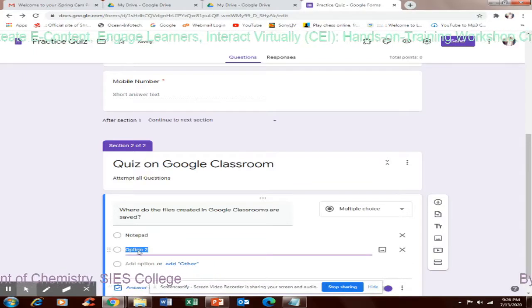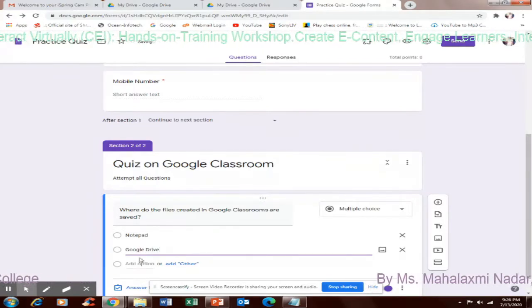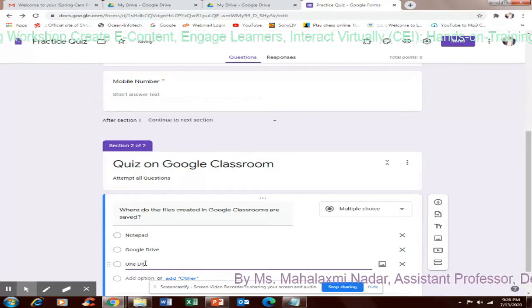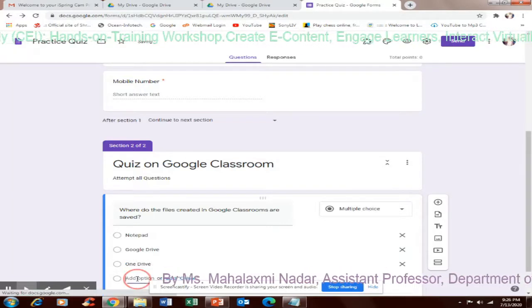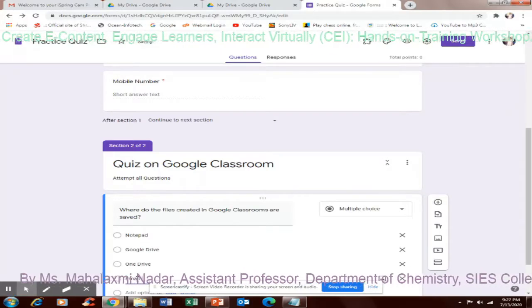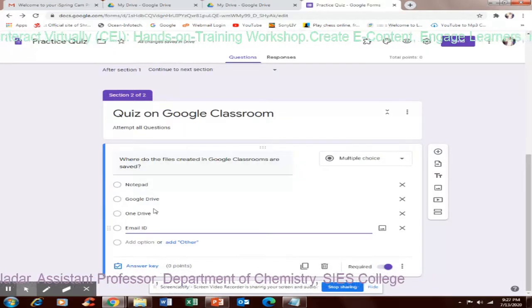Another choice, Google Drive. Then another option, OneDrive. Okay, in your email ID. Okay, so these are the four options given.